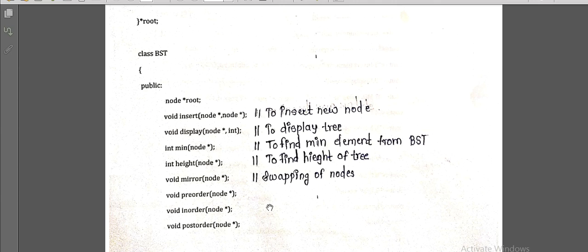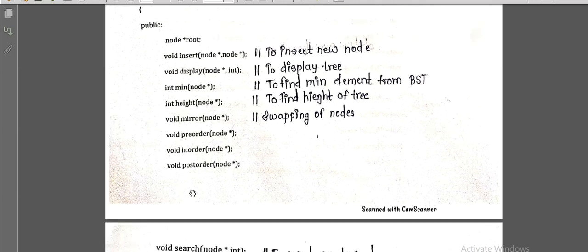We have to display the root first, then the left element and then the right element. What is in-order? We have to display the left first, then the root and then the right element. And what is post-order? We have to display first the left element, then the right element and at last the root element. So these are the three tree traversal techniques: pre-order, in-order and post-order. We are going to display those also.